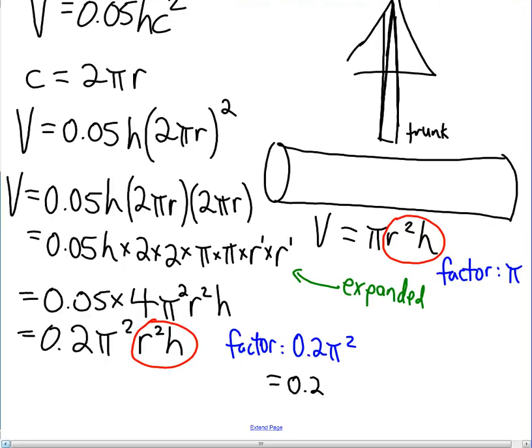is about 9.87. If we multiply that by 0.2, we get about 1.987, or I can round that to about 2. Okay, which means that the factor that we're using for this formula is about 2, whereas the factor that we're using in that formula is about pi, which makes sense. The volume of wood in a tree is going to be less than the volume of a cylinder because of